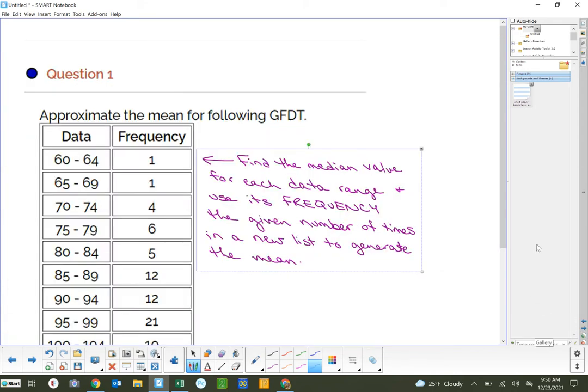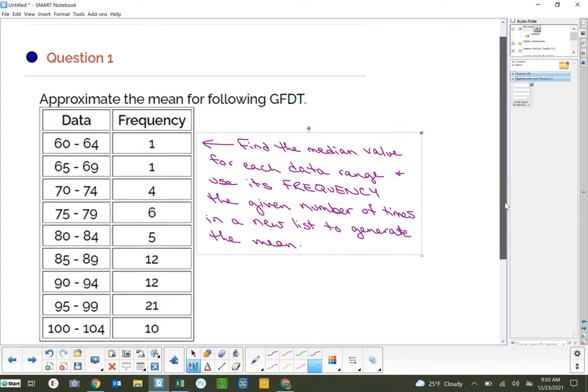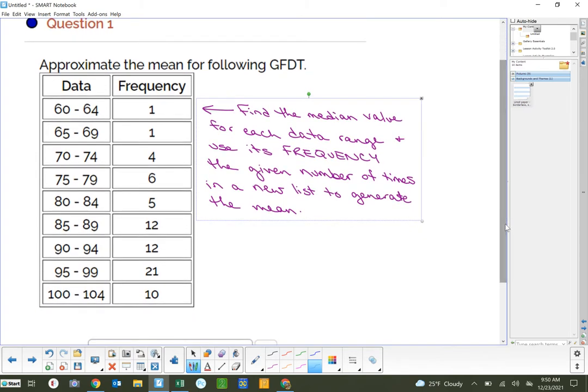Okay, so question 1 gives you this information, data, and also frequency. So I wrote down this note, again, hit pause, says find the median value for each data range. So these are actually fairly straightforward because there's 5 data points within here. So 60, 61, 62, 63, 64. So the median for these that are the 0s to 64s or 74s, this will be 72, this will be 82, this will be 92, this will be 102, and then 65 to 69, that median would be 67,